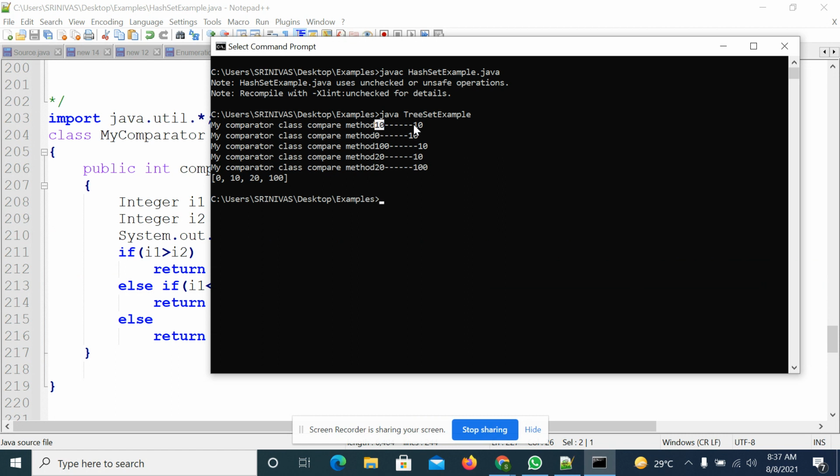So that's why you are getting 10 and 10, right? Second time you are inserting 0, so 0 is compared with 10. Third time you are inserting 100, 100 is compared with 10, 20 is compared with 10, like this. It is arranging the elements and comparing. So at the end you get the elements in ascending order.